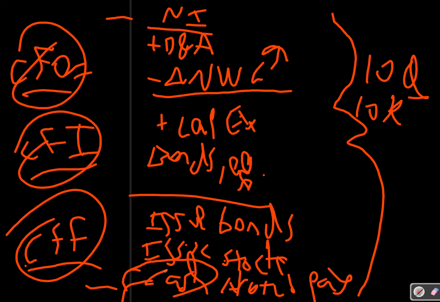Now, just your last point to really round this lesson out and to give you one more nugget that you probably didn't already know, or you might have already known. What's unique about the statement of cash flows? If you look here, everything on the statement of cash flows is drawn from either the income statement or the balance sheet. So what are you really doing here? The truth is, as long as you have the income statement for the period, and at least two balance sheets, the before and after, the statement of cash flows doesn't tell you anything new. All it does is display the same information in a way that's practically much more